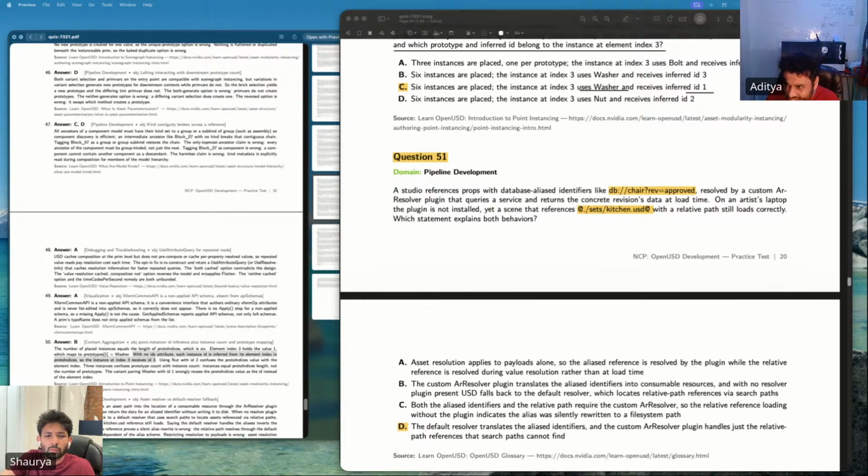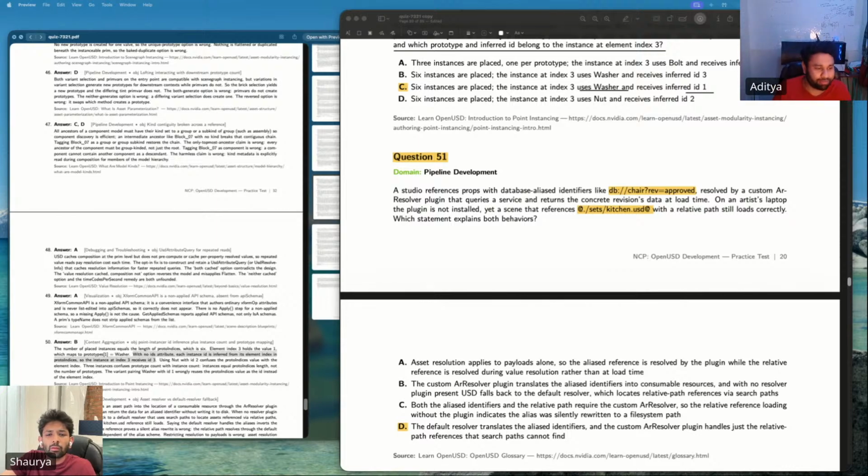I see. Oh, okay. By the process of elimination, D is incorrect, because the default resolver never translates alias identifiers.